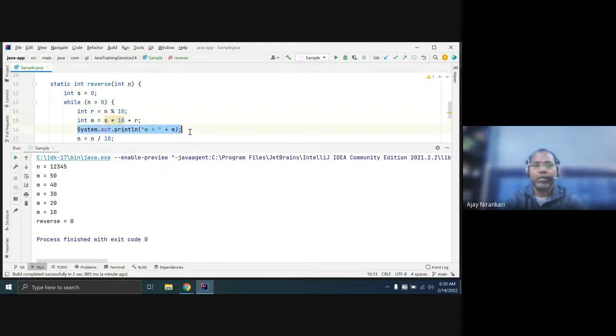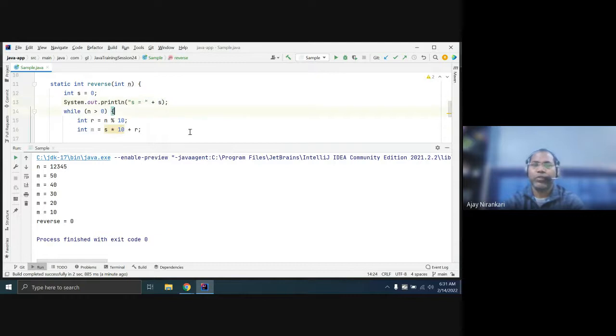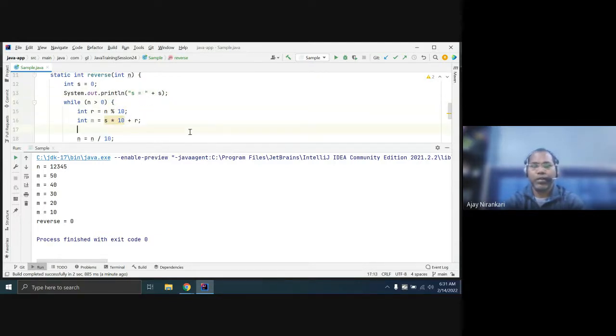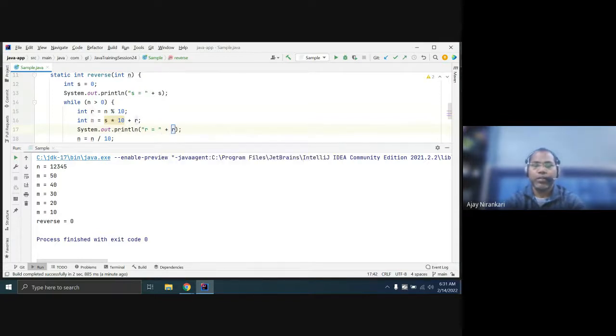So let us just print here your initial s equal to 0, then you are getting a remainder r, and let's plus